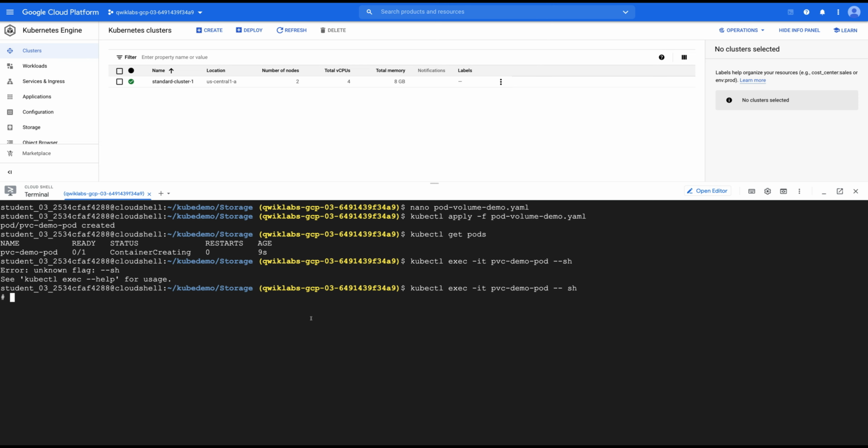So now we are inside our pod, and we are going to check whether our disk is properly mounted or not. To do that, let's write this echo message into index.html, and then make it executable, and let's check whether it's properly created or not.